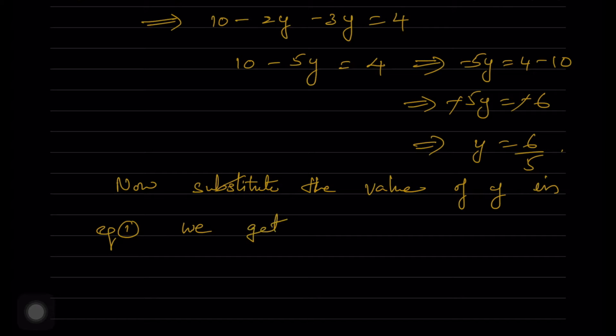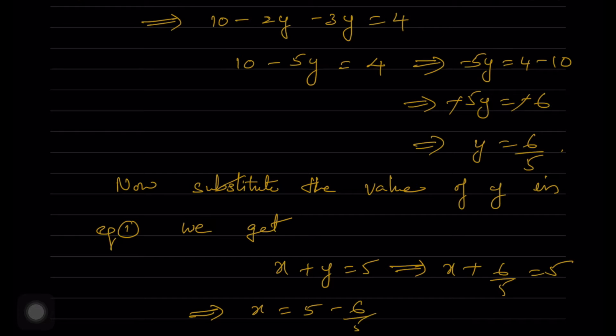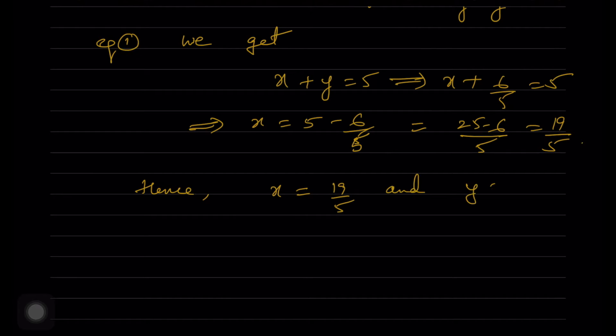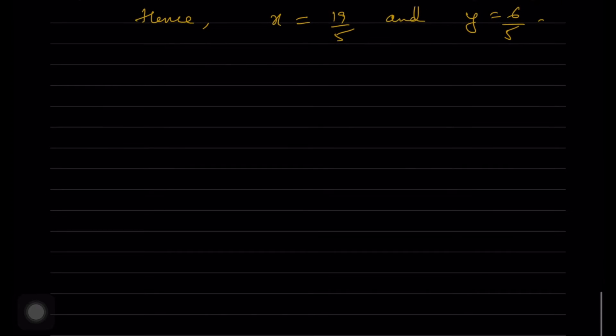So we have to get x is equal to 19 by 5, because we have seen by the elimination method we have got that. So we'll solve it using this method. Now substituting this value of y is equal to 6 by 5 and putting this in equation 1, what do we get? Or you can put it even in this equation where x is equal to 5 minus y, where y is nothing but 6 by 5. So you're getting x is equal to 19 by 5 and y is equal to 6 by 5 by both the methods, by elimination and substitution method.